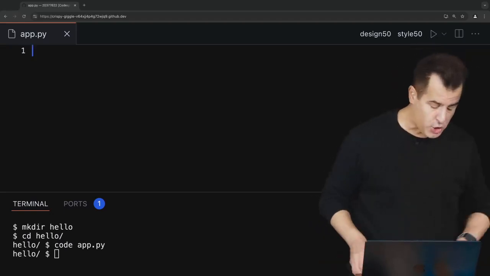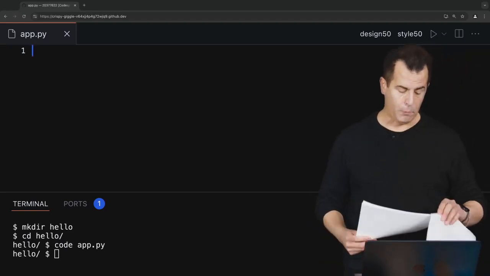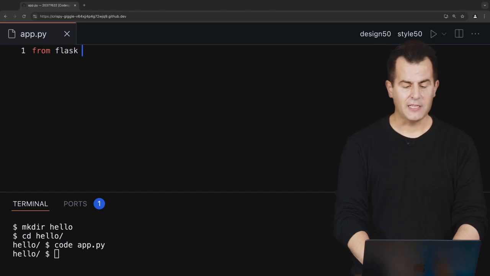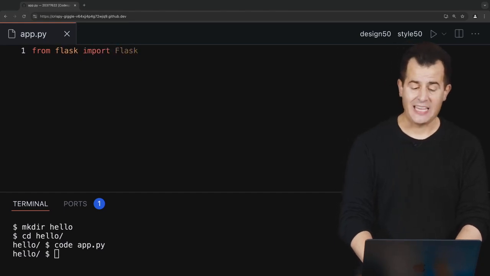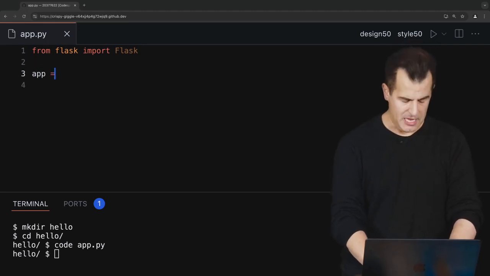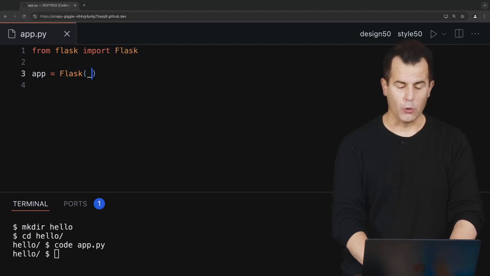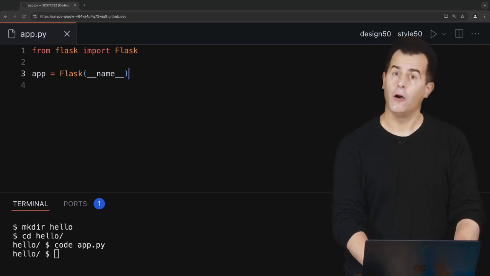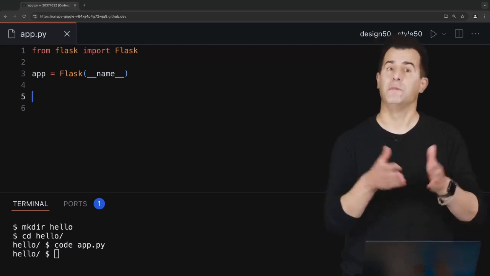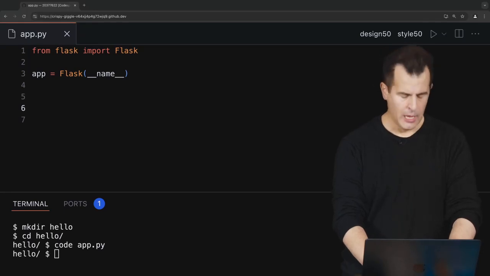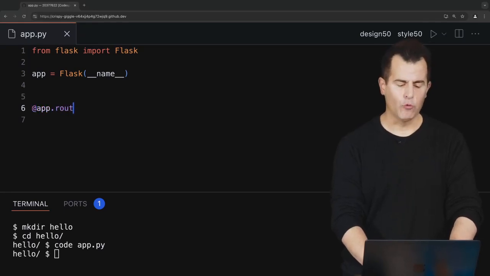For this, I'm pretty much just going to use the contents of the sample program we saw a moment ago. I'm going to say from flask import Flask, lowercase f and uppercase F respectively. Then I'm going to say app equals capital Flask, open parenthesis, __name__, which is the line of code that says, hey Flask, turn this file into a web application and give me a variable called app via which to reference it. And then down here, I'm going to do @app.route, and then in parentheses pass in a single argument,